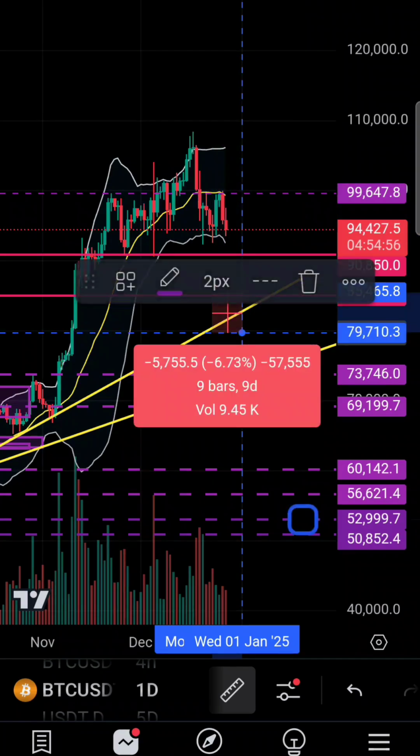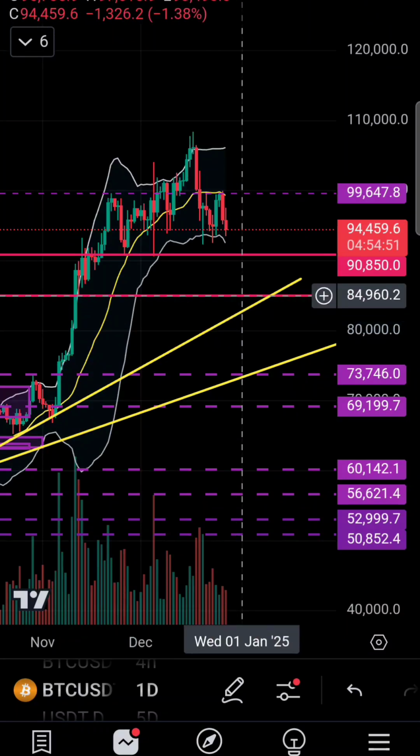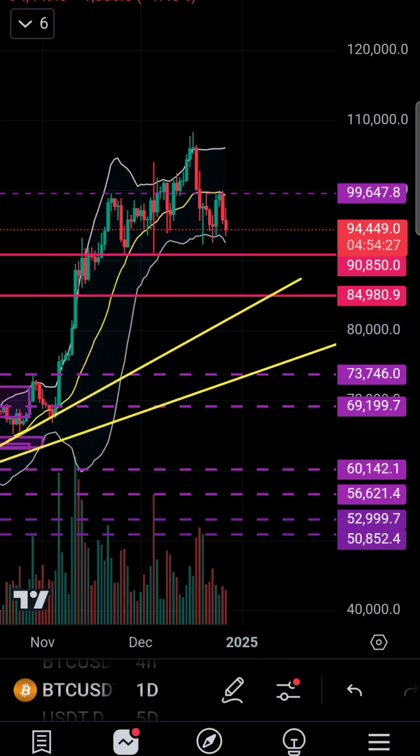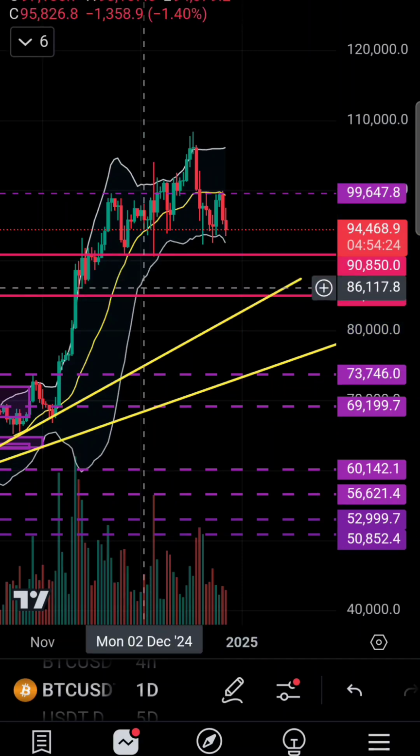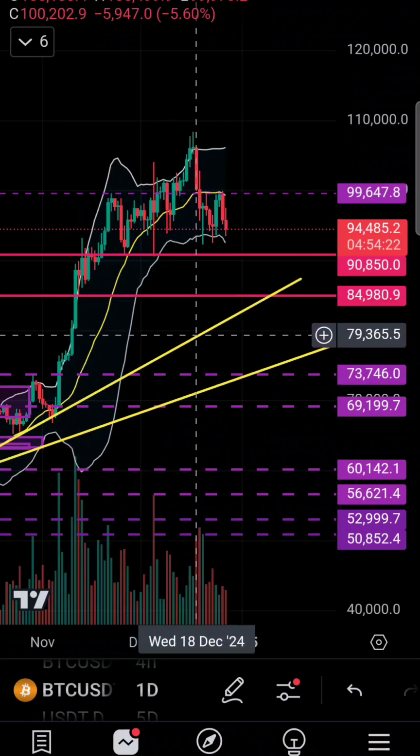But let's say you get 20K into the market between this point and let's just say this trend line right here. You get 20K in here. Price comes back up. Let's just say a 40% move, just retesting the highs. And let's say your average buy was 80K. Let's say you're at 1x, 2x, 3x leverage. You made exponential amounts of money.